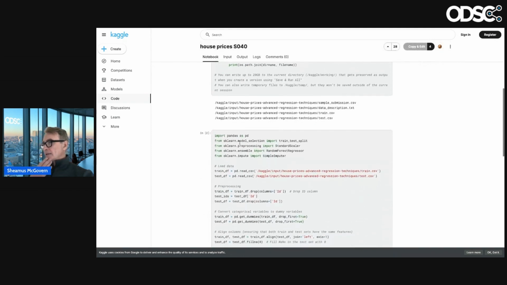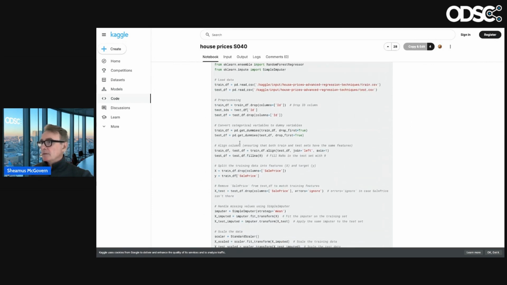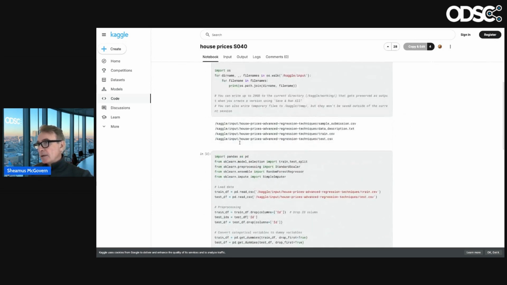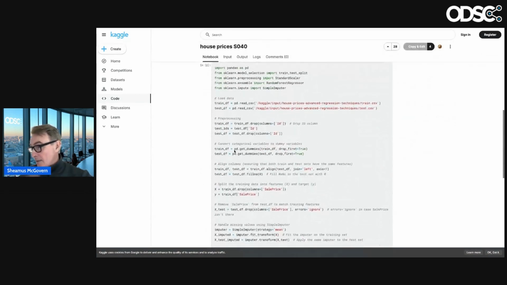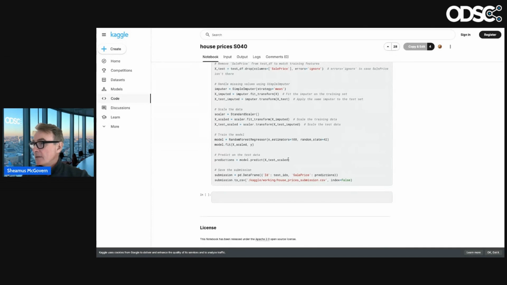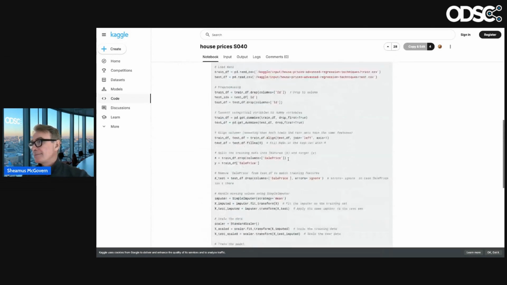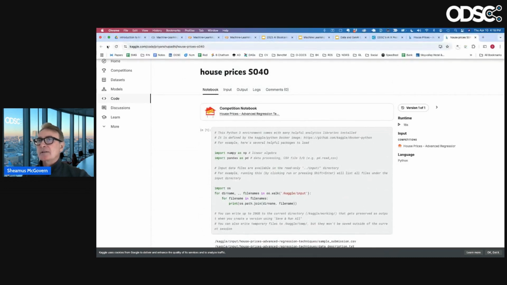And I can see here, what are they doing? They're dropping some columns, align test. And by looking at the library, I should be able to tell what they're using here. They're training it. They're using the standard scaler as we did. They're imputing some stuff. It'd be interesting to see how they're imputing it. Okay, that's a bit basic. That's not that interesting. Let me look at another model here.